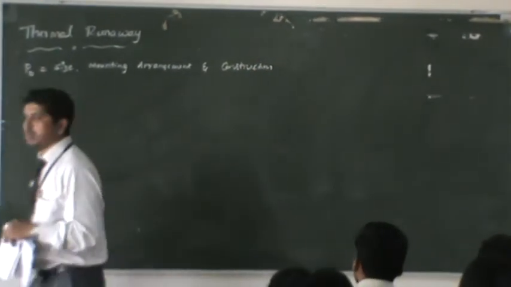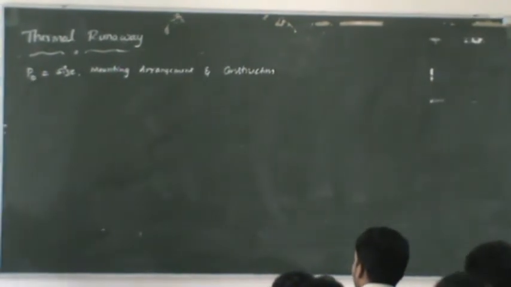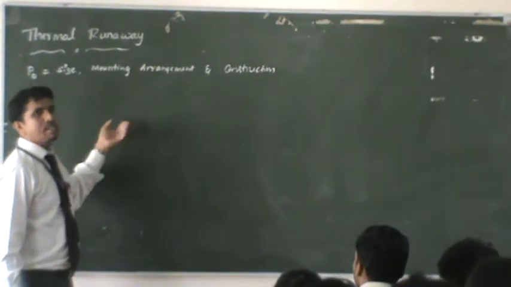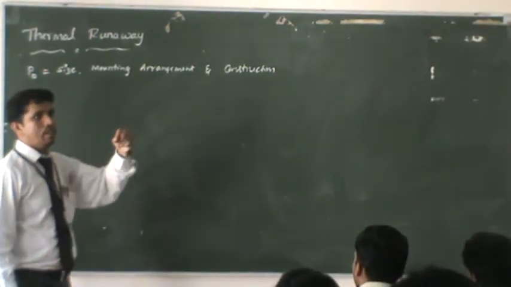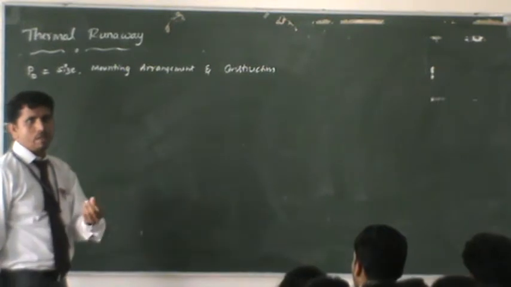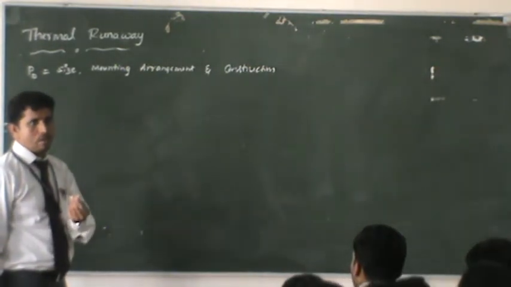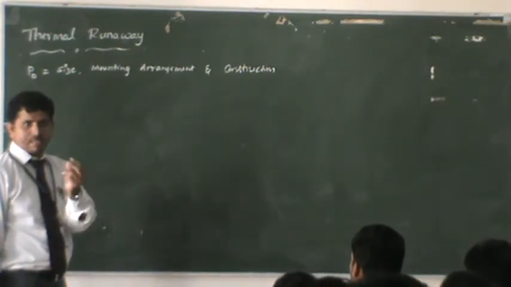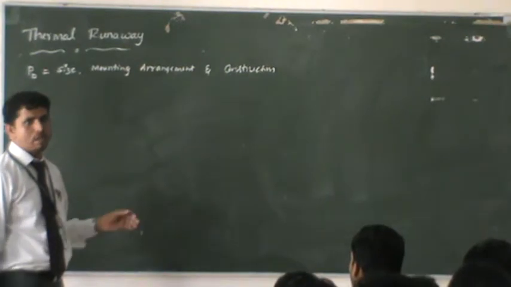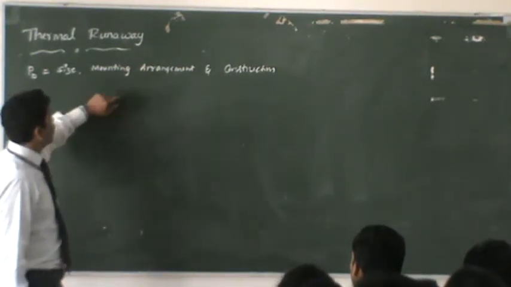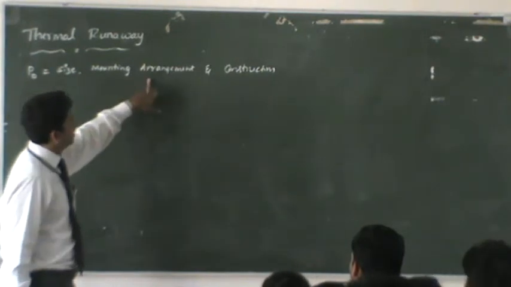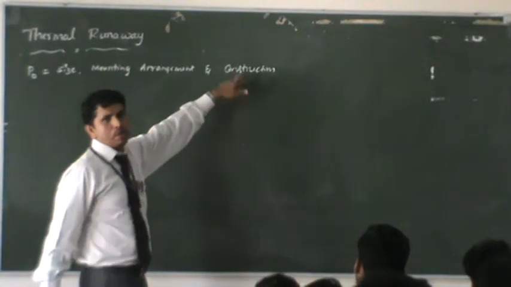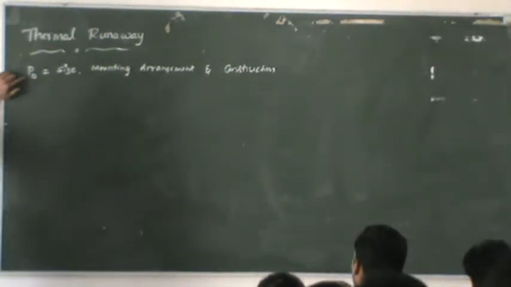That means the power dissipation in a transistor depends upon all these things: the size of a transistor, and how it has been mounted, vertically or horizontally, different mountings we have. Whatever you see in the laboratory, the transistor sink, inside that there is a transistor. Don't think that the sink itself is a transistor. The silver case surrounding it is a different part, the sink. Inside that the transistor has been mounted. Even the power dissipation depends upon it, and even the construction also: how it has been constructed, what method and approach are used for construction.